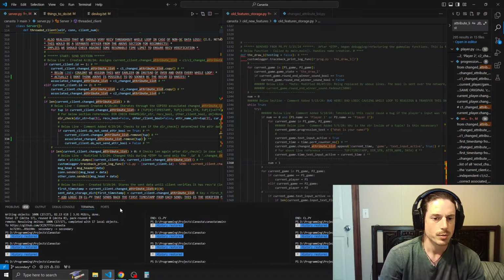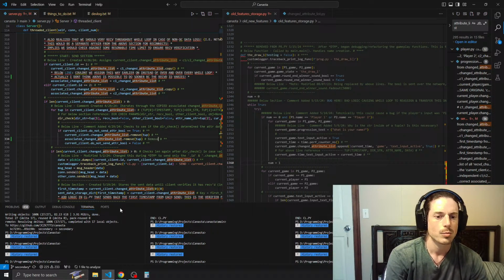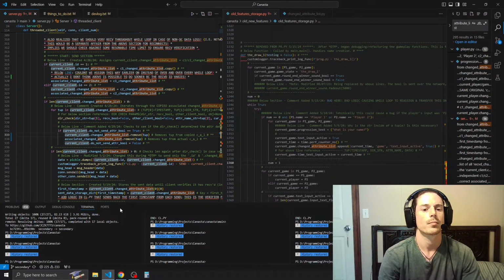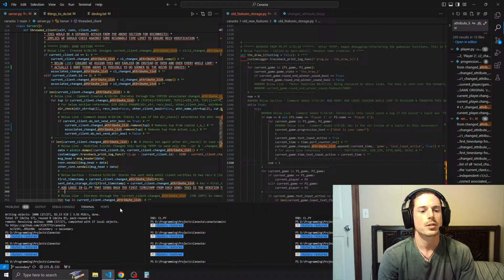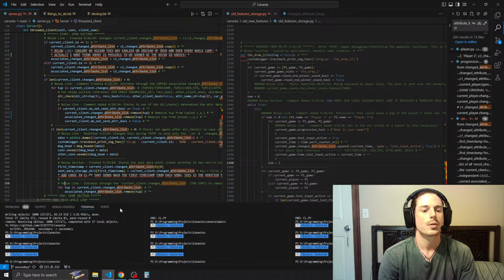So we'll put removes 2 from actual CL, and then this one removes 2 from copied CAL. And then down here, after we send it, that's when we